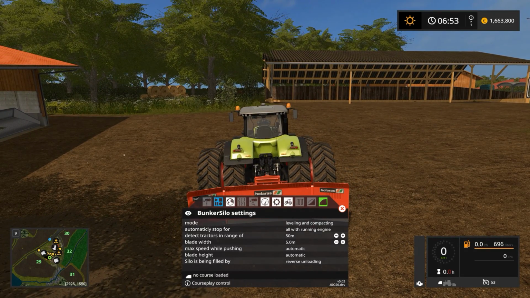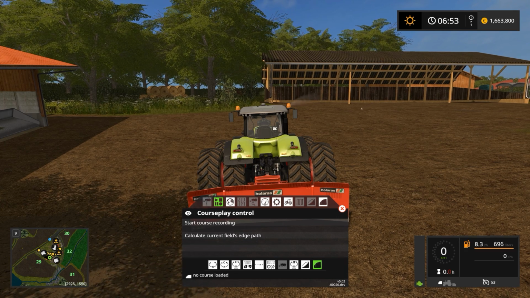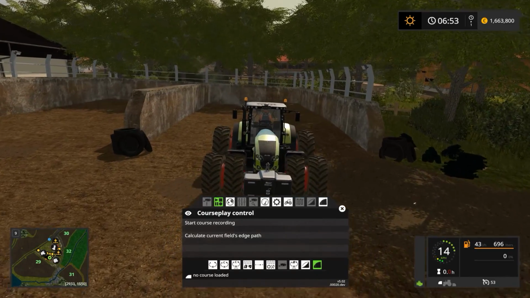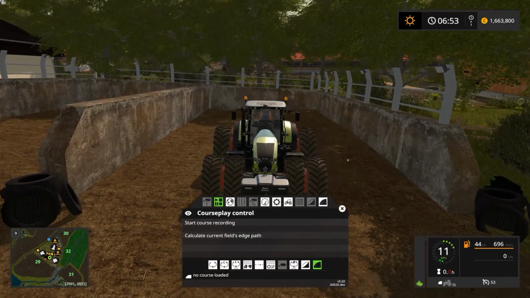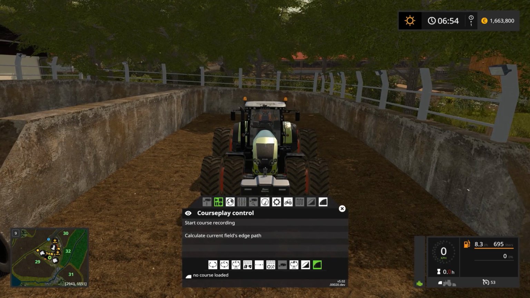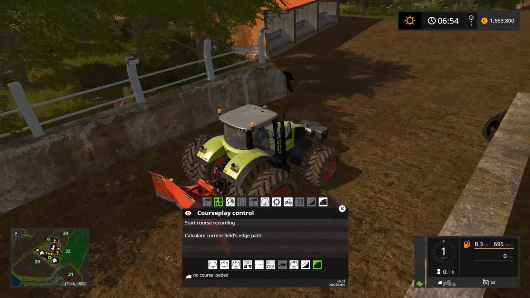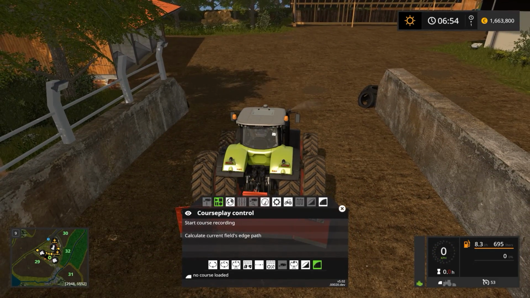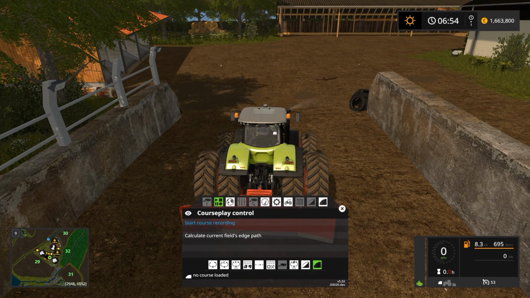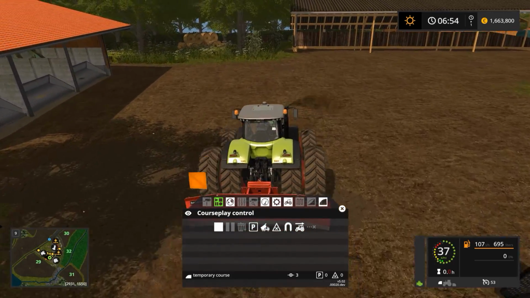So once we're done here, we can go over to the Courseplay control, start up the engine of the tractor, and we're ready to record a course. So to record a course for this tractor to drive, we're going to go into the silo, and we're going to try to stay in the center of the silo. So between the two walls here, we're going to stay pretty much in the center. And we need to start off the course recording well within the silo, so this is a good spot for it to start. So start the course recording,